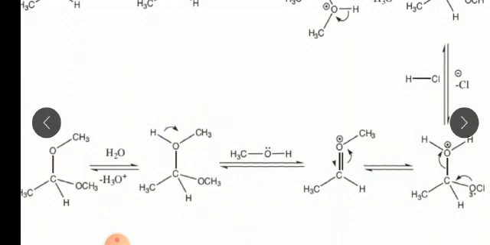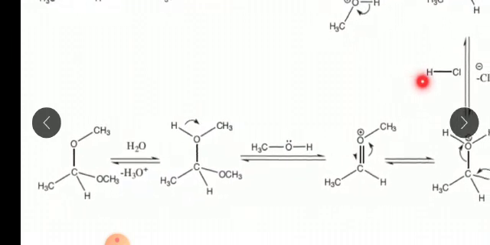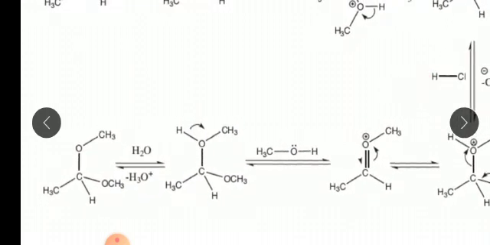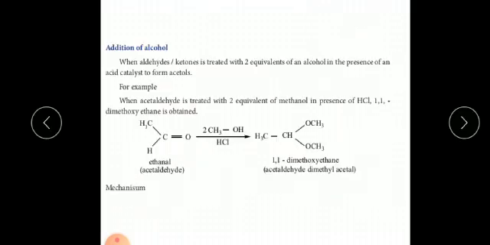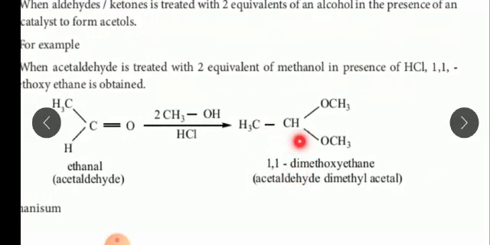We said already, the hydrogen acts as a catalyst in the first step, and finally the hydrogen is going to be removed. So in this water medium, the H is present here, along with the hydrogen. It can be removed as H3 plus. So here C, OCH3 and H, CH3, HOCH3. The same step should be followed. So the product we are getting in the final is CH3 CH OCH3 OCH3.